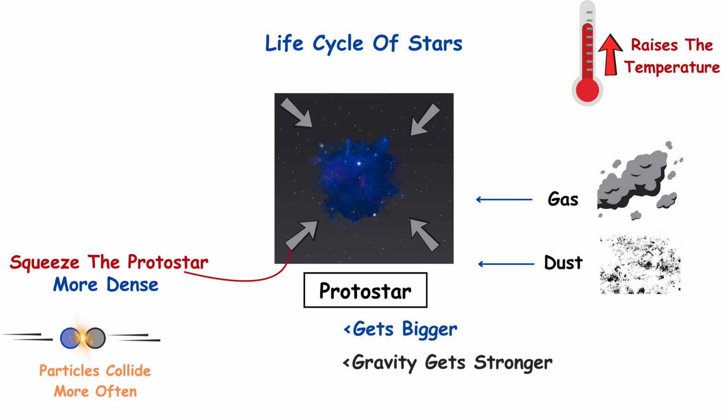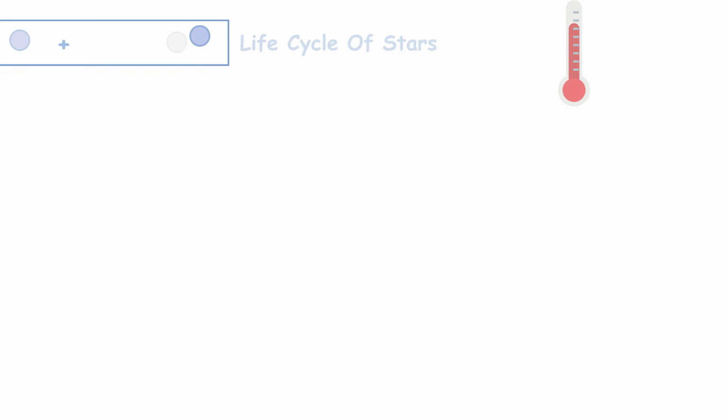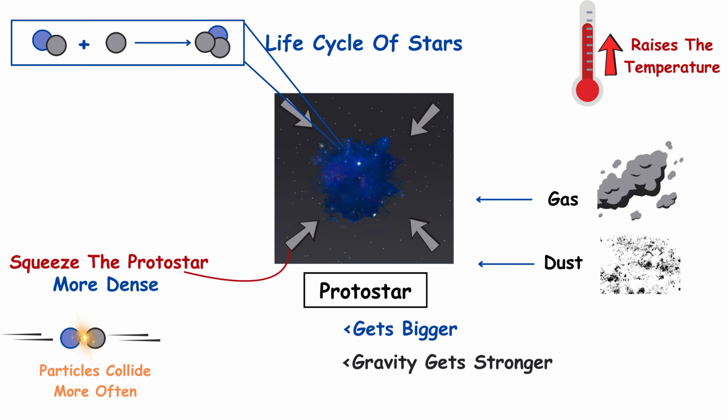As additional particles continue to collide and stick to this protostar, it grows in size and mass, which in turn increases its gravitational force, allowing it to attract even more surrounding material. This increase in gravitational pressure compresses the protostar further, making it more compact and increasing its internal temperature. The particles inside become so densely packed that collisions between them become more frequent, which causes the temperature to rise